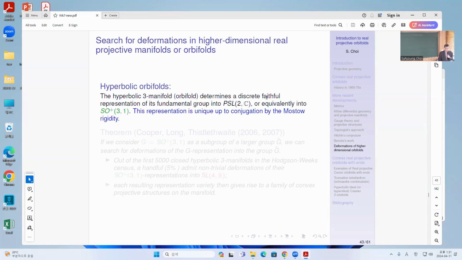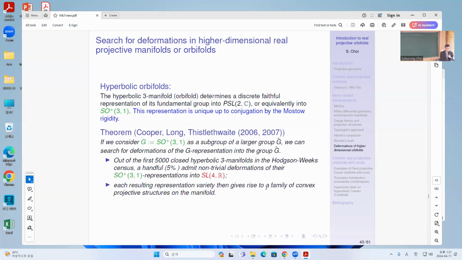But for hyperbolic three-manifolds, of course, it determines a discrete faithful representation into PSL2(C), or you can consider these as SO+(3,1). Here by SO+ I mean that it preserves the upper cone, and S means that it has determinant one. Then this representation is unique up to conjugation by Mostow rigidity, and Cooper, Long, and Thistlethwaite showed that when you consider these subgroups,